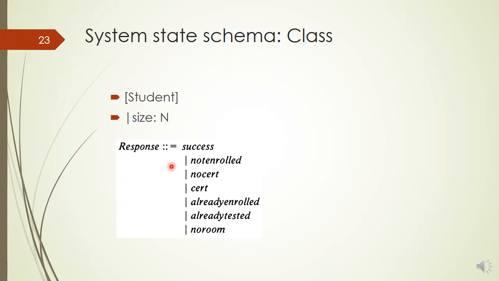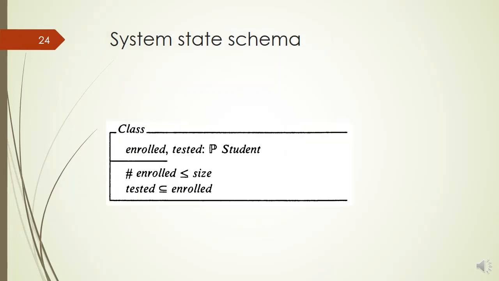And the third type is declared as a free type, which is actually to model the responses for any operation done to model the system in that specification. Now we are ready to declare the system state schema,